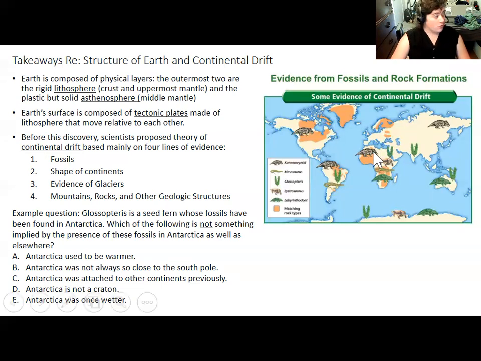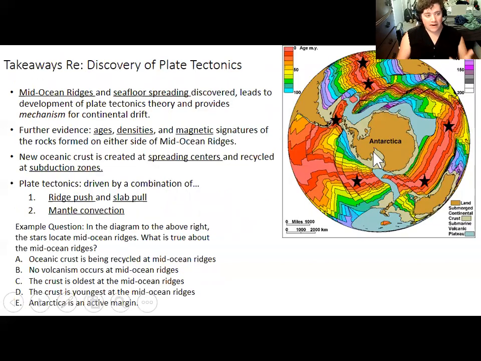Continental drift led more or less directly into plate tectonics, which is the theory that came out of it once a mechanism was discovered. And what had to be discovered were mid-ocean ridges, places in the middle of the ocean where new oceanic crust specifically is generated. And the discovery of seafloor spreading showed a mechanism for how, for example, South America and Africa were pushed apart